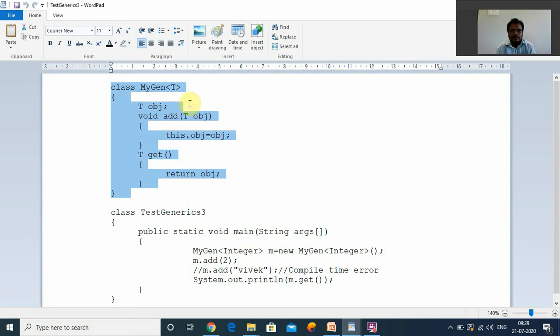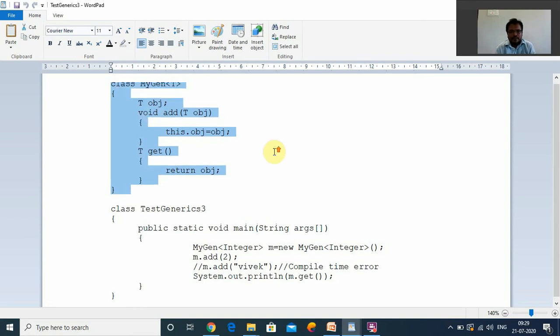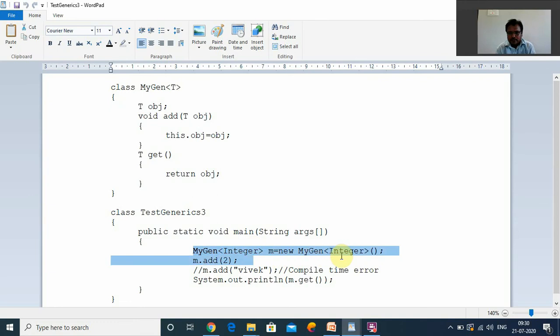After defining the generic class, now we are giving one practical example. Based on this definition, we are creating a generic class object, mygen. This object consists of only what type of objects? Integer type. T is an integer. So we can add only integers into mygen. If we try to add any other type, either string or whatever, we get a compile time error.